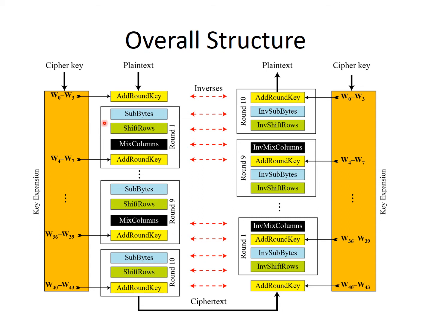Here you can see that in the pre-round we will have only one operation, that is add round key. In all the other rounds we will have the 4 operations: substitution bytes, shift rows, mix columns, and add round key. In the last round, which is slightly different, we don't have the mix columns. And in the decryption part, you can see that we are executing the same encryption process in reverse order, so that we get the corresponding plain text from the ciphertext. How all these processes will be reversed, inverse of mix columns, inverse of substitution, everything, how we will find out, we will see soon.